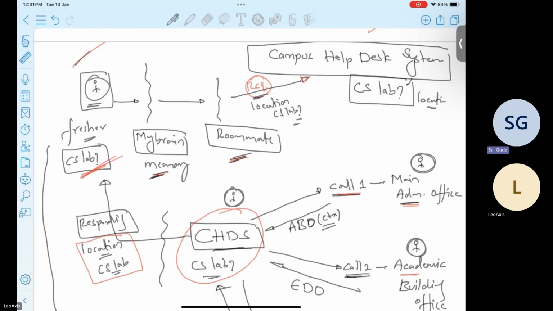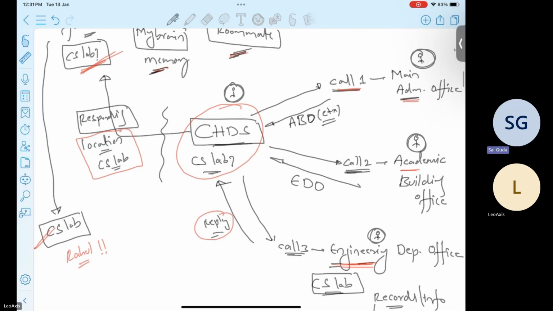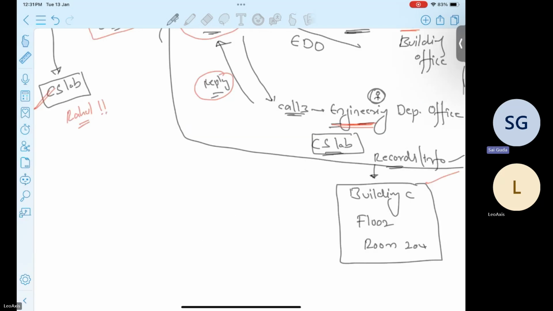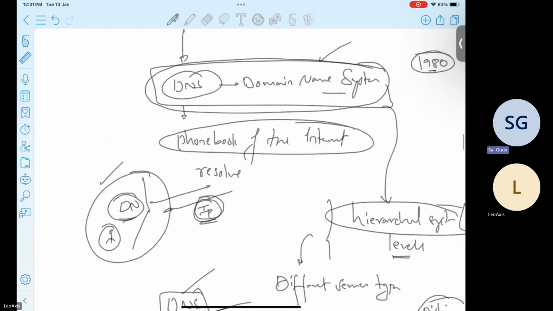Even if the roommate is unable to recollect, the request will go to the help desk system. This system contains a group of members who help you to get the respective location. Right? In the same way, here also in our DNS,